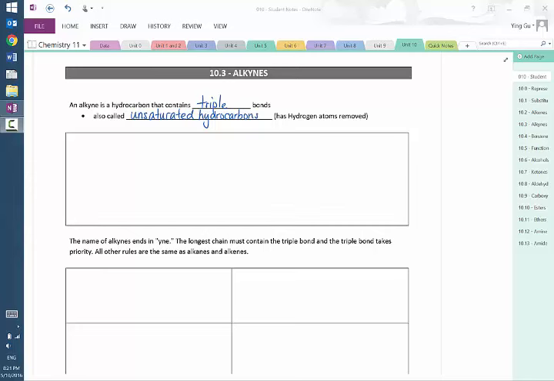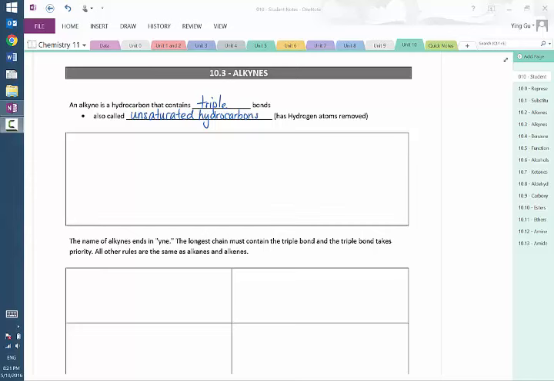Alkanes, alkenes, and alkynes. Now, alkanes were the ones with the single carbon-carbon bonds. Alkenes were the ones that had a double bond. And now alkynes are the ones with triple bonds in the carbon-carbon chain. Now, just like with alkenes, alkynes are also referred to as unsaturated hydrocarbons, because as soon as you add in